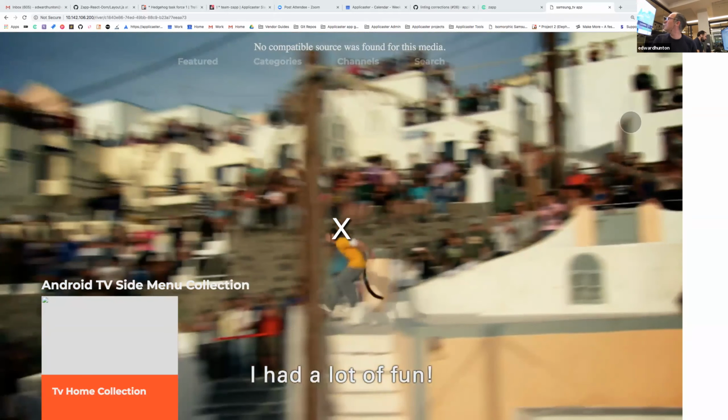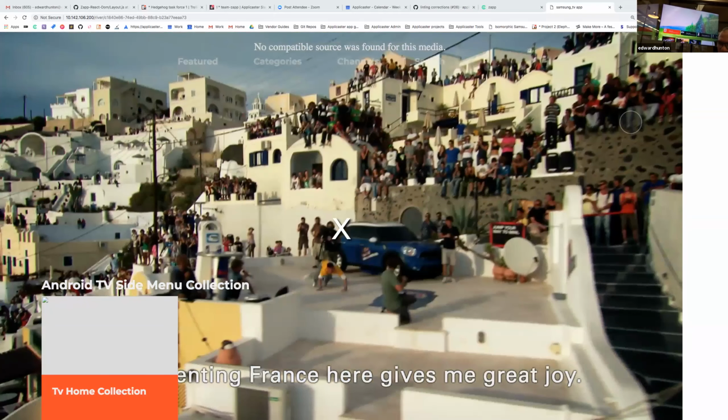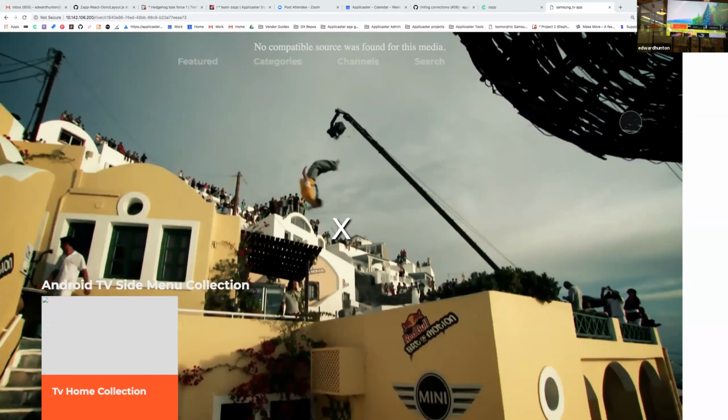Yeah. So behind you, you can see the same app, the same hosted app, because it's pointing at the location on my machine, the IP of my machine, and this is it here on the Samsung TV. And if I navigate around, we can... By the way, there are two players involved here now. There is the native player, which you're seeing here on the TV. This is the native Samsung player playing the video in the background. If you're looking at it in the browser, you're looking at the Video.js web player. So the functionality for the Video.js player is slightly more advanced.